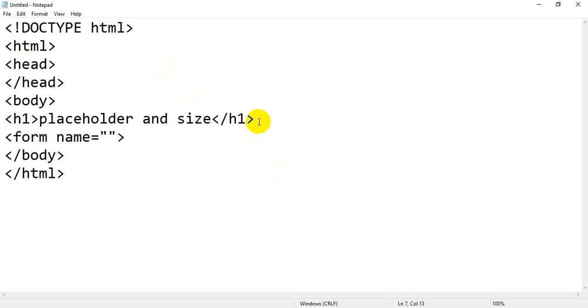Then I will start the form tag, then I will assign some attributes, that is name. We have learned this in detail in many lectures. I have repeated it n number of times, so I don't think it's required. You can assign name as form1 or any name. Then you have to write action. You already know what the action attribute is. Action means the destination page, for example kme.php.